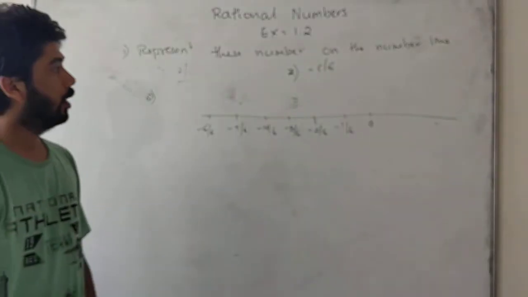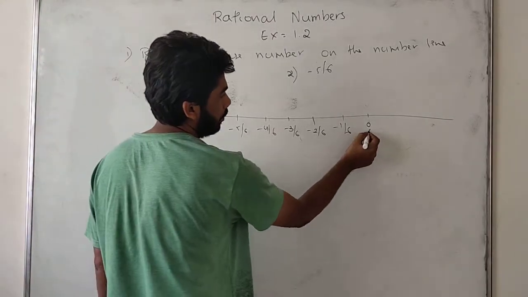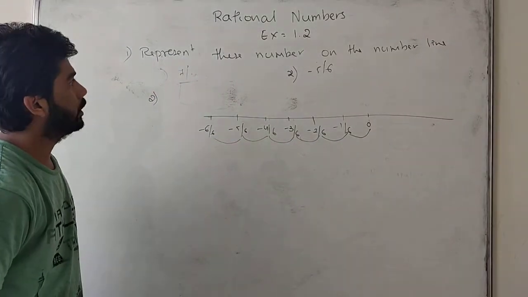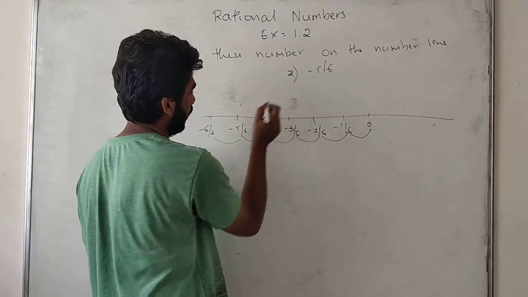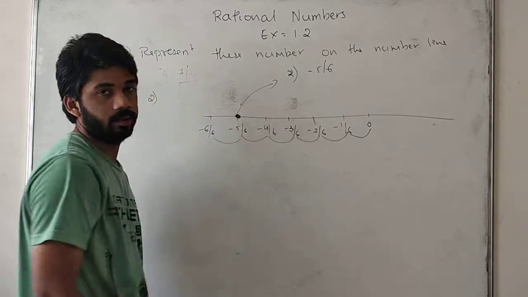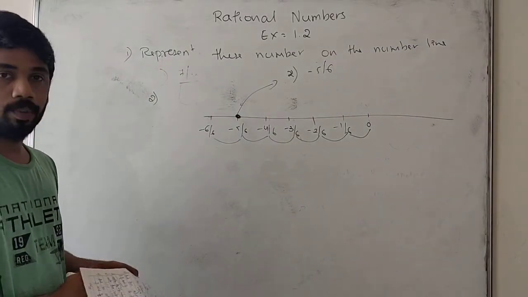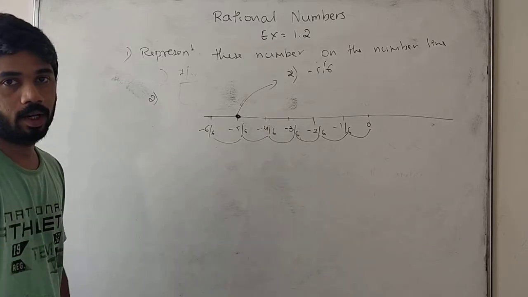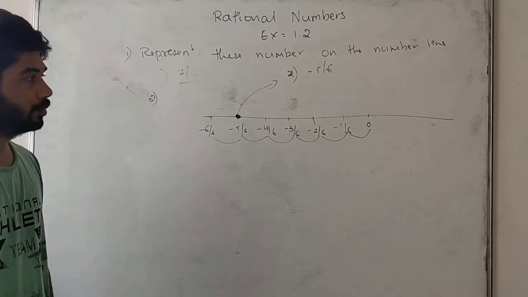In this one, I have taken numbers in the same ratio. Represent this number on the line. So this is minus 5 here, and we are representing this number here. Okay, hope you are understanding me very well. Note it down. I will go to the next problem.